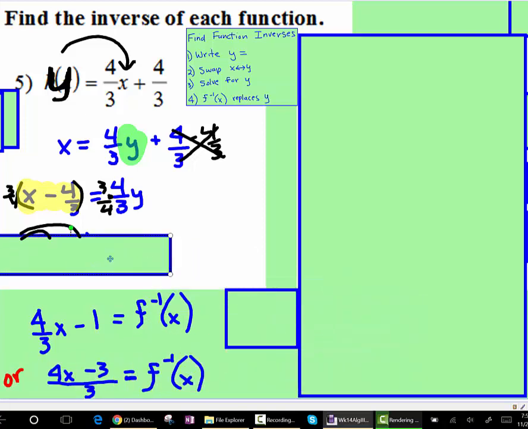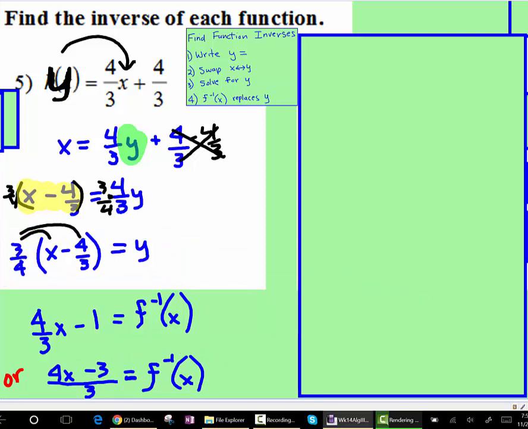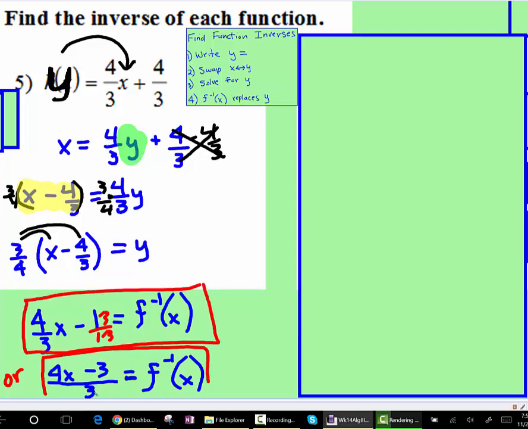The other way that you could do it is, sometimes professors will want the denominators to be the same. So all I did here, you could multiply top and bottom by 3, and that would give you these two things mean the exact same. One just has a shared denominator and one does not. All right, so now